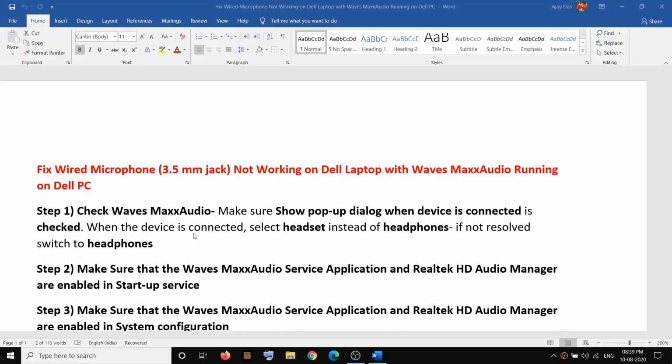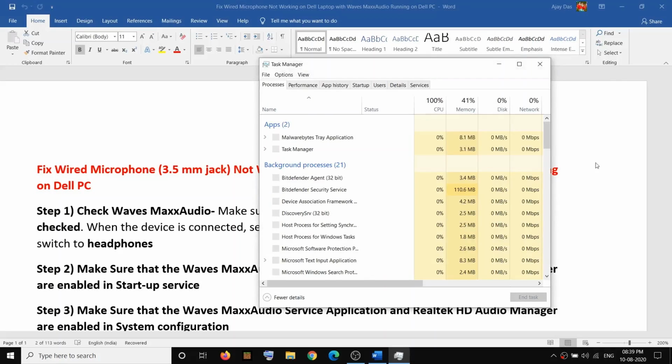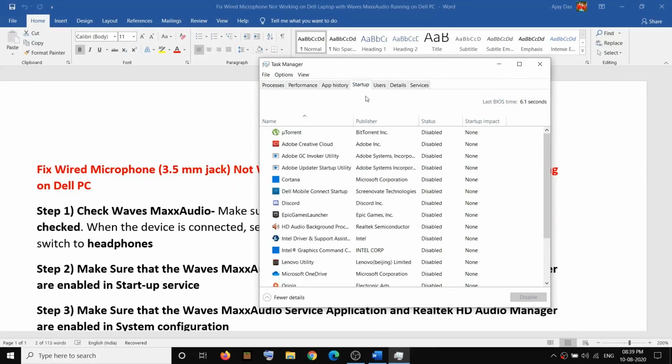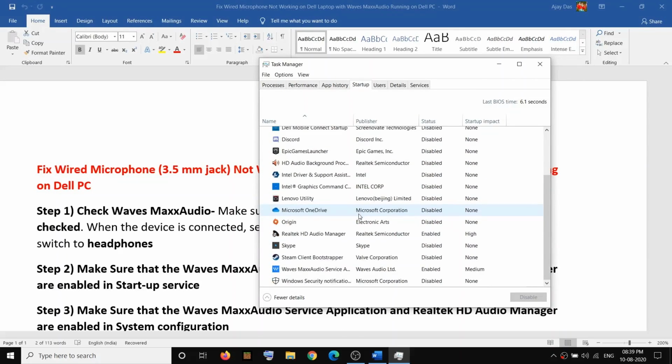Now the next step is to make sure that the Waves Max Audio Service and Realtek HD Audio Manager are enabled in Startup. So make a right click on the taskbar and then click on Task Manager. Then go to the Startup tab on the top and find Realtek HD Audio Manager.